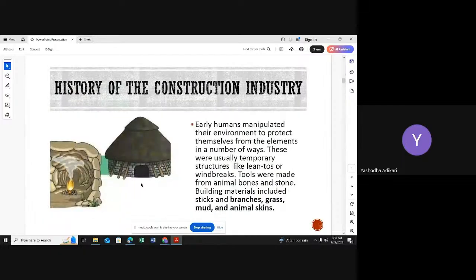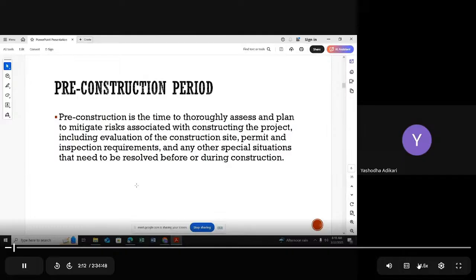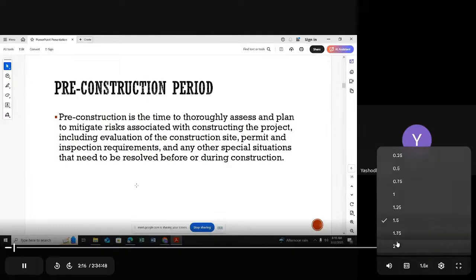I remember I shared some videos with all the students to show you the very new technology that they're using. In that case, we discussed pre-construction technology also. After that, I discussed the life cycle of a project in this module. Normally when I'm doing a module related to the theoretical part, I'm connecting it with the life cycle of the project, so I discussed the project life cycle first of all.